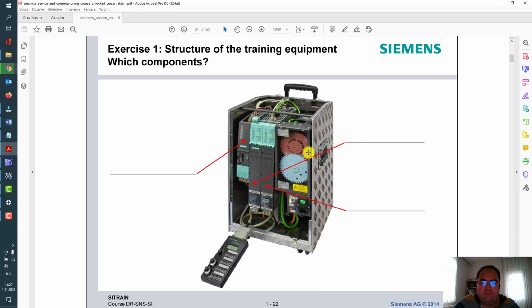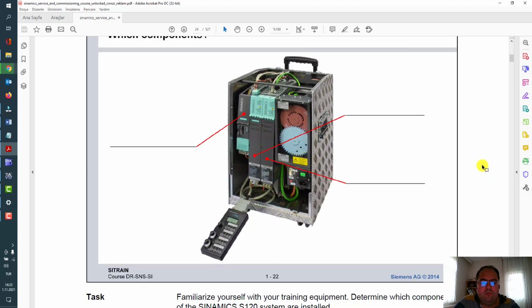So you can use two different types of 1FK7 servo motors, and you can do the kinds of exercises mentioned in the lecture notes. Or on the other hand, it's possible of course to build your own demo case. It's up to you.